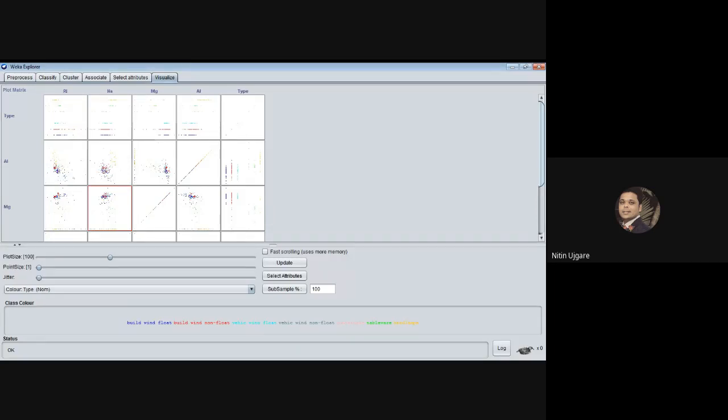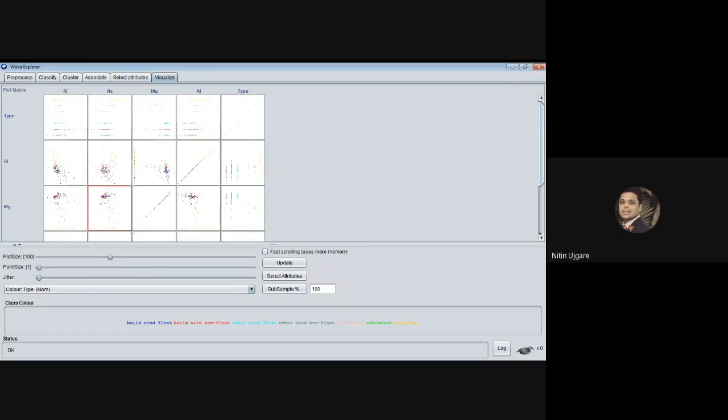When I click on the correlation graph between the refractive index and the aluminum, these two attributes, is it visible to all? This new window got opened. That window is visible to you? Yes, sir. Okay. So now this window is very important because we are going to interpret something from this picture.